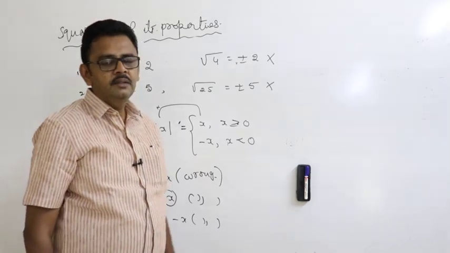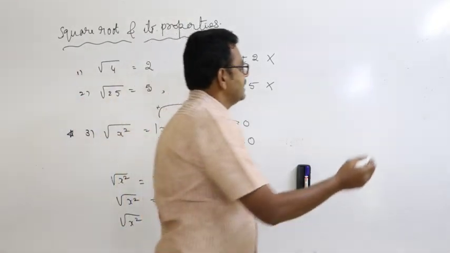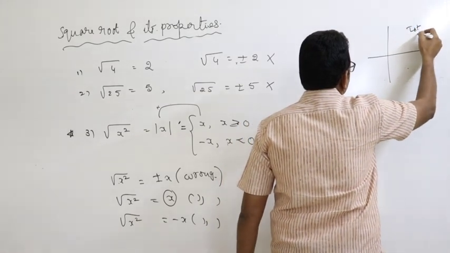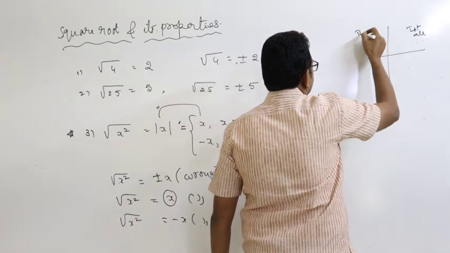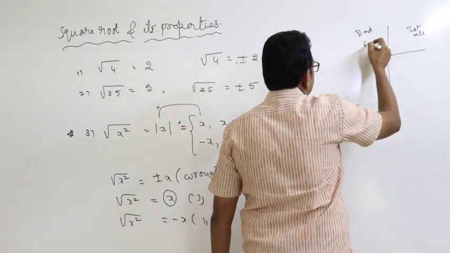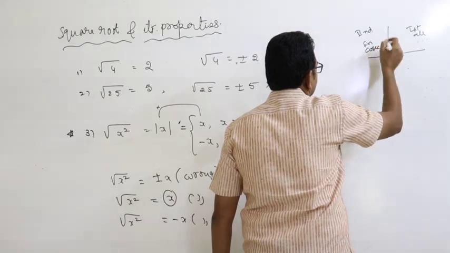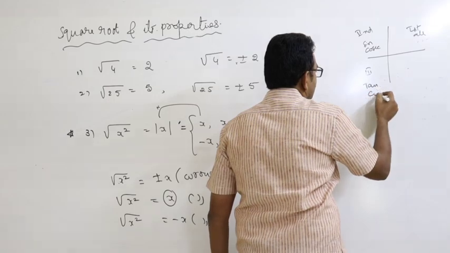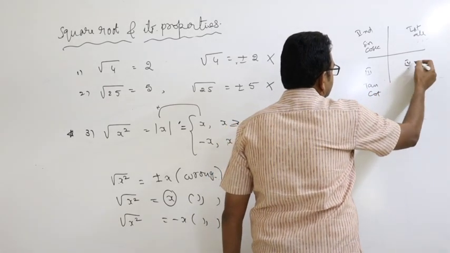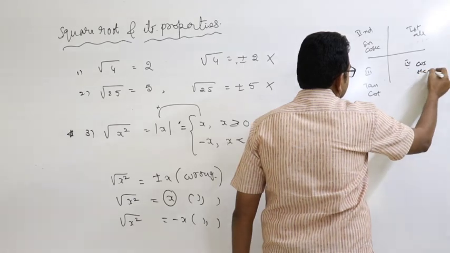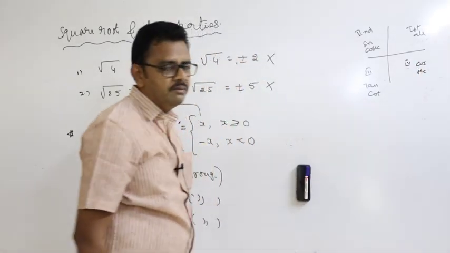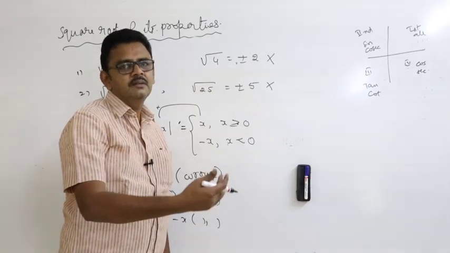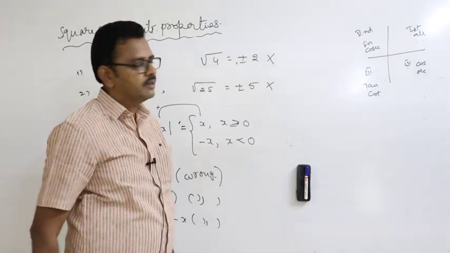I think in trigonometry, you know, all silver teacups. In the first quadrant, all are positive. In the second quadrant, sine and cosecant are positive. In the third quadrant, tan and cot are positive. In the fourth quadrant, cos and secant are positive. I am just giving this; I don't want to go into the details of trigonometry. That is a separate topic.